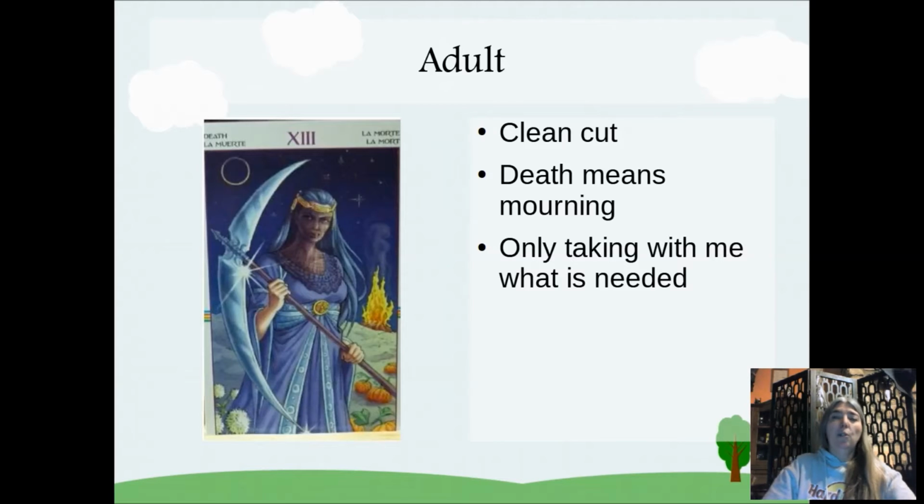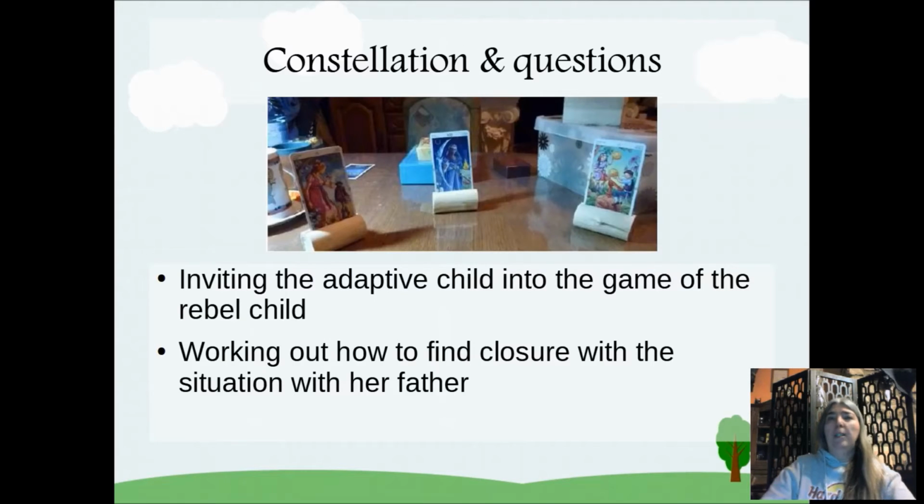So after this, I asked her to put the cards in an upright position, and how she would put the cards. So she came up with this. And in the beginning, the two child cards, the adaptive one and the rebel child, she left them exactly like that. She did not change the situation during the work. So she kept it like this. I asked her if she wanted to change something, but she didn't.